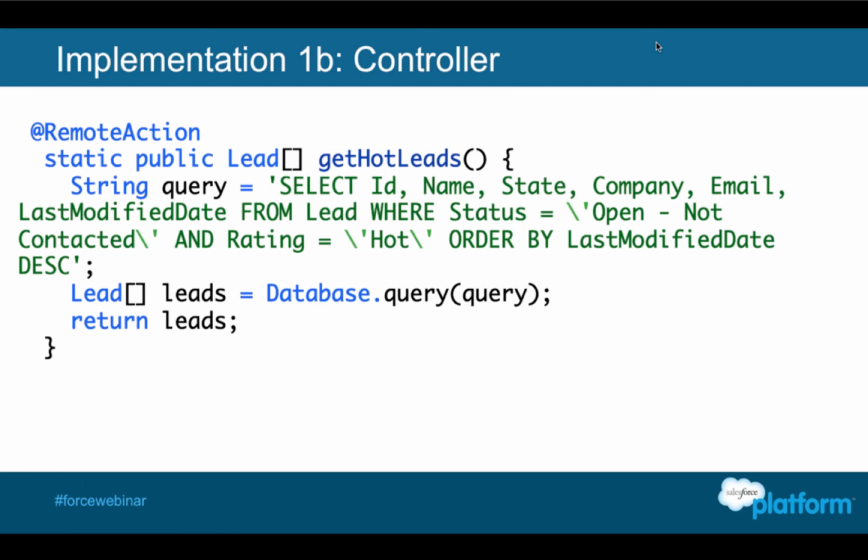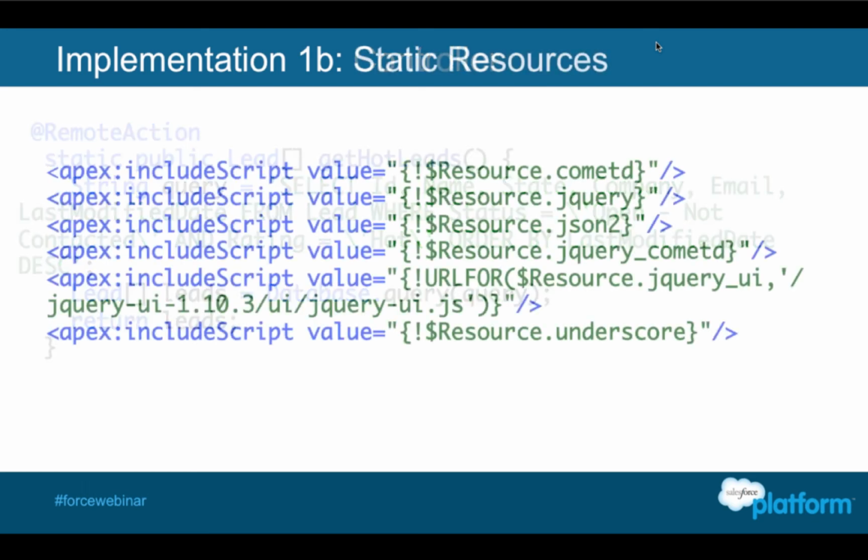So what we're going to do in Apex, instead of the controller setup we saw before, we're going to rely on an annotation called remote action. With remote action, we can set up a method that is static, and JavaScript can call directly into that method. So in this case, we have our query pulled into the static method, and we're doing the exact same query we were doing before, and we're going to return those leads and expose them down to JavaScript in